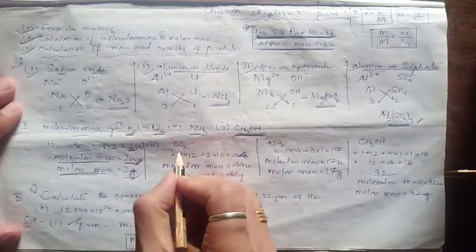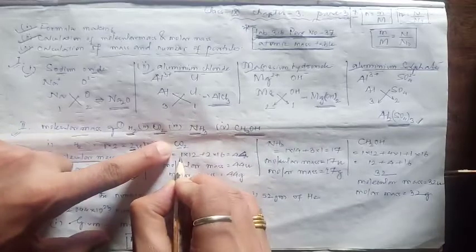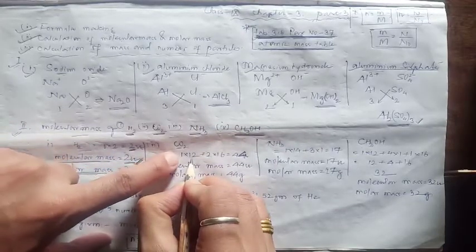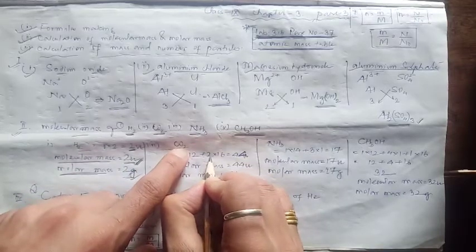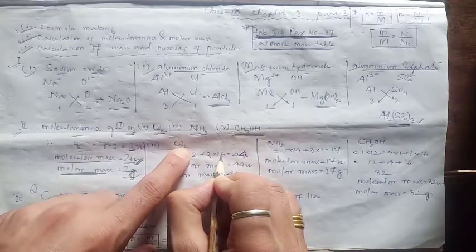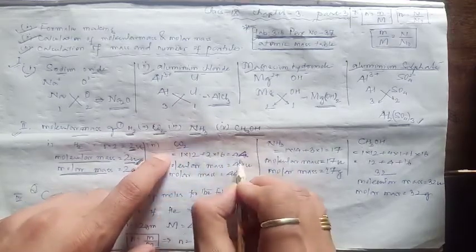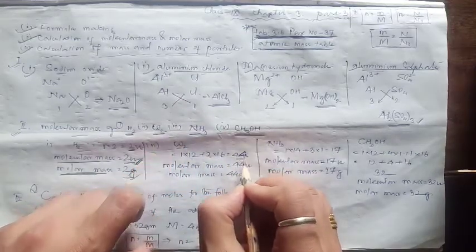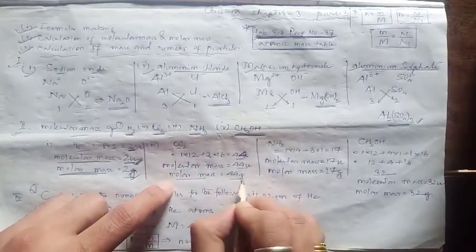Now we have a carbon dioxide molecule here. We have one carbon atom, so we'll write 1 here, and this is the atomic mass of carbon. Plus, we have 2 oxygen atoms. This 2 is the number of oxygen atoms, and 16 is the atomic mass of oxygen. If you simplify this, you'll get the sum 44. Molecular mass will be written as 44 U and molar mass as 44 gram.